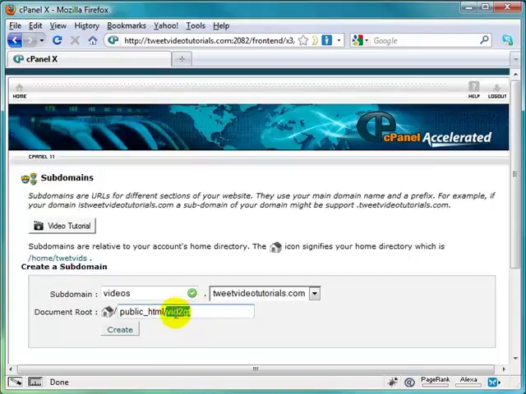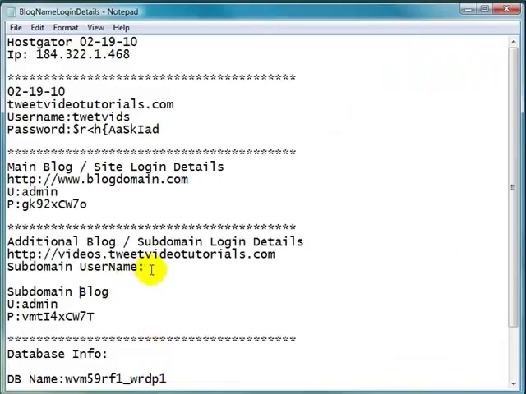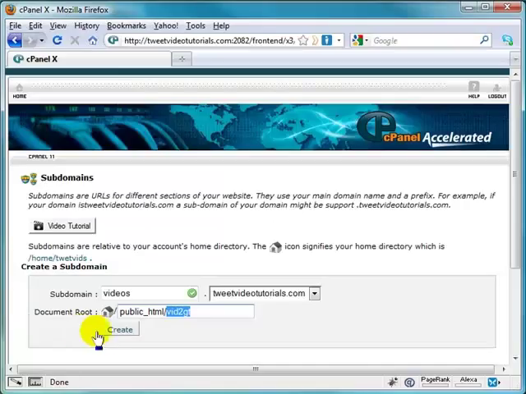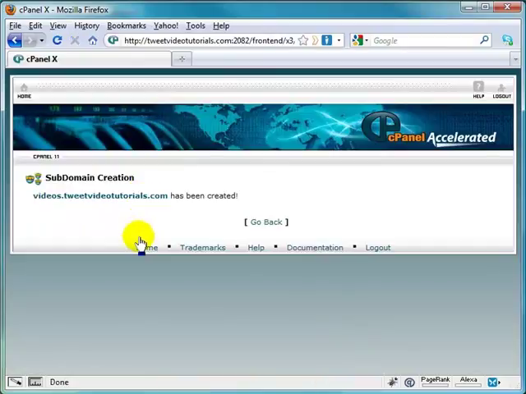Then I would just copy this, and vid8. So just in case the need ever arises to ask, what the heck is that subdomain username? Well, now you've got it right here. And click on create, and subdomain is just about created. And there we have it. Subdomain